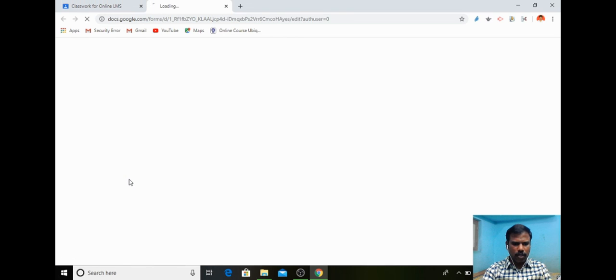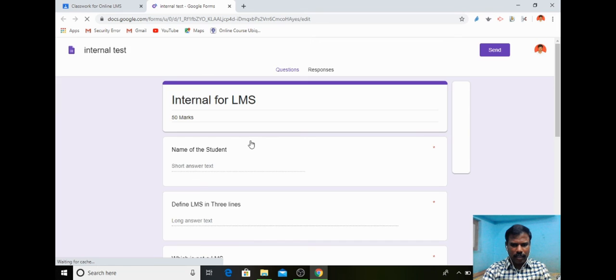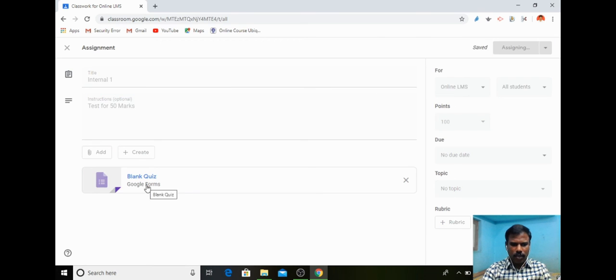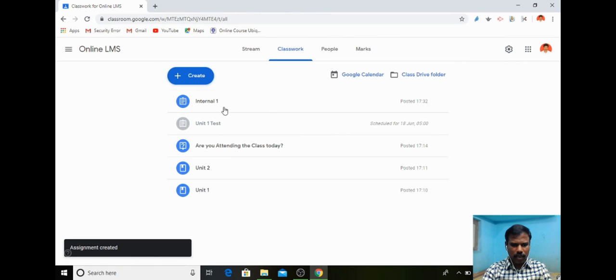Now if you click the quiz, automatically it will come to the internal test quiz. So now we can see the quiz is ready. Now you can assign the quiz immediately, or you can schedule it for later. So I am assigning the quiz immediately so that the students will be able to write. Now the internal quiz is ready.